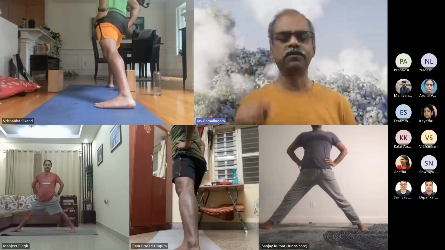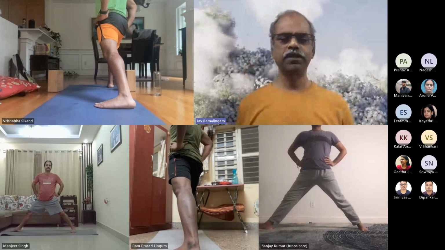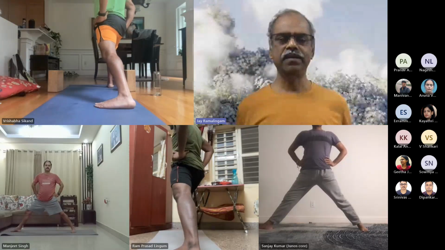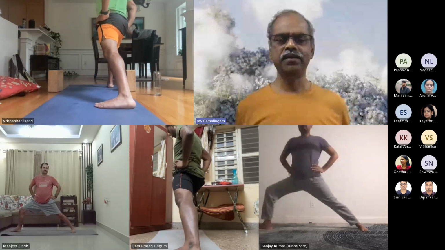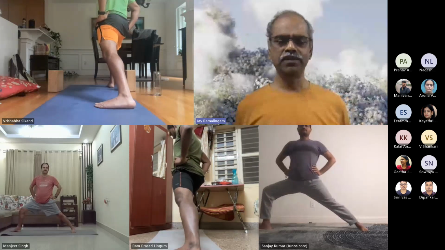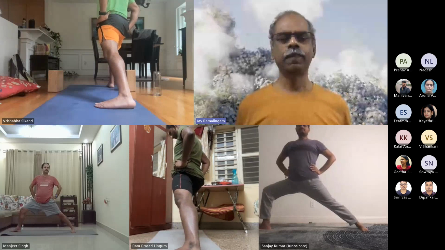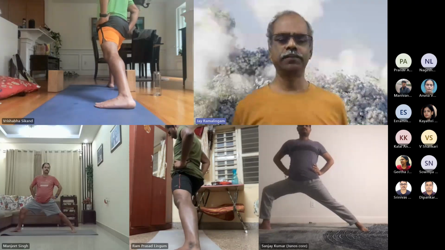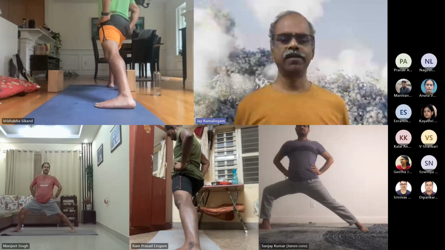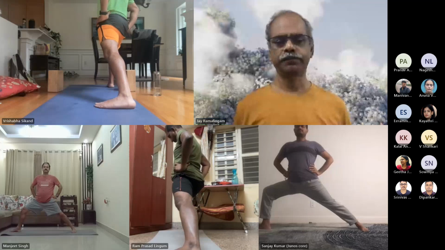Right foot is pointing toward the back wall. Now slowly start bending the right knee and send the right knee directly to where the right toes are pointing to. If the right knee is tending to go inside of your left big toe, consciously open the right hip and get the right knee to point gently where the toes are pointing to.